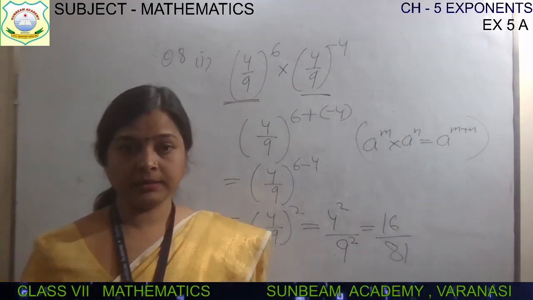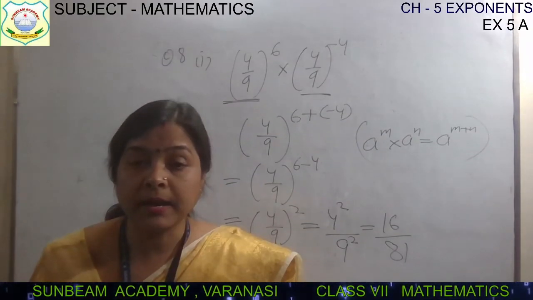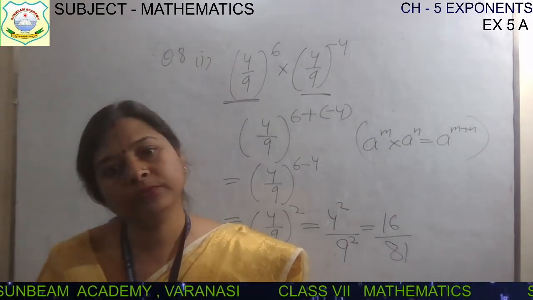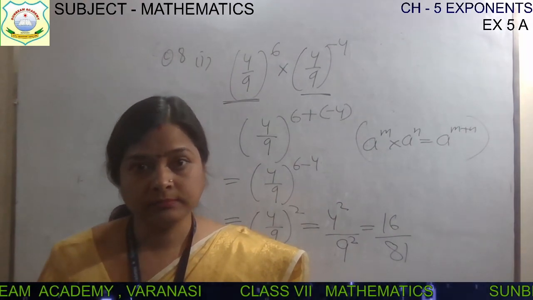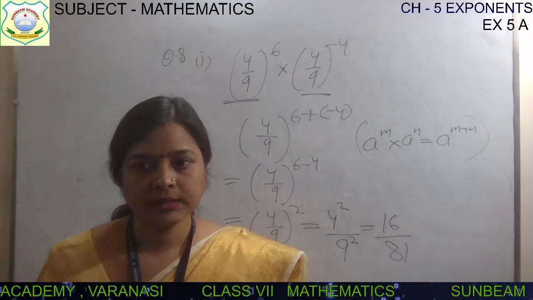In question number 8, third part. 4 by 3, 4 by 3. Same, son. So you will add them. The answer will come in minus, minus 5. So reverse it. So it will become plus 5. And now solve that answer. Okay. I hope the questions are clear. If it is not clear, see it again. Till then, take care.